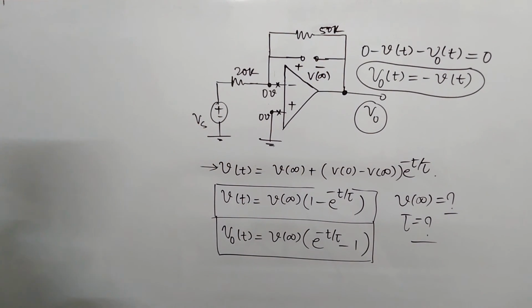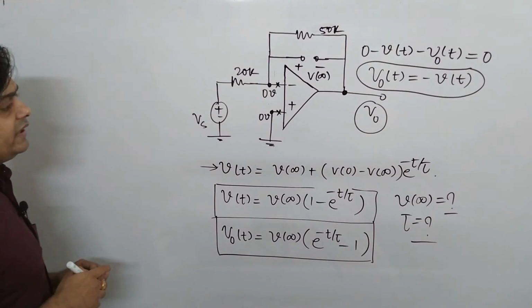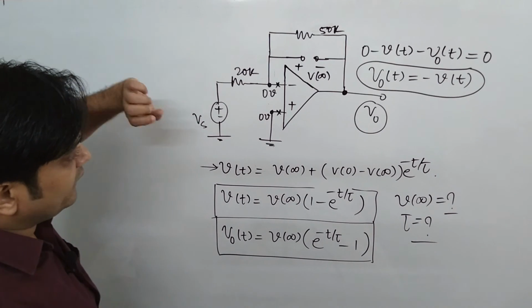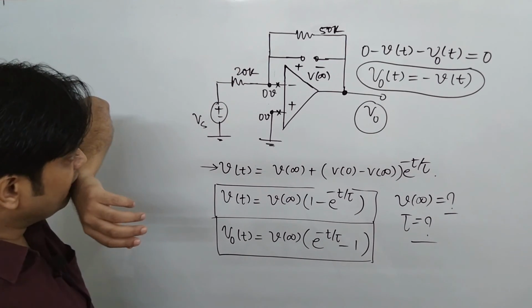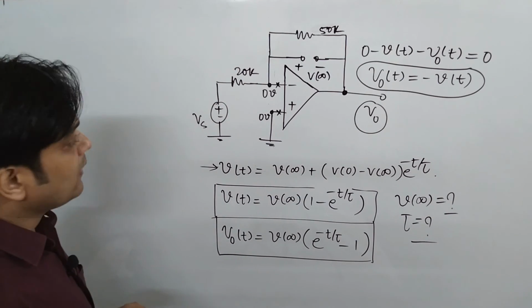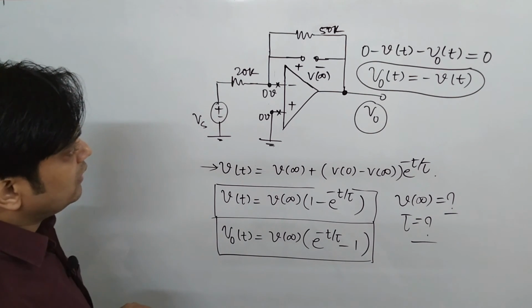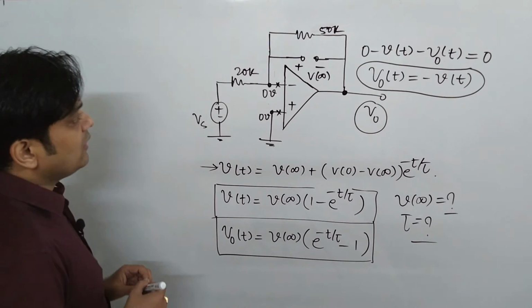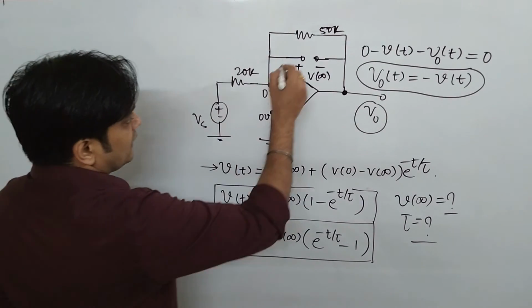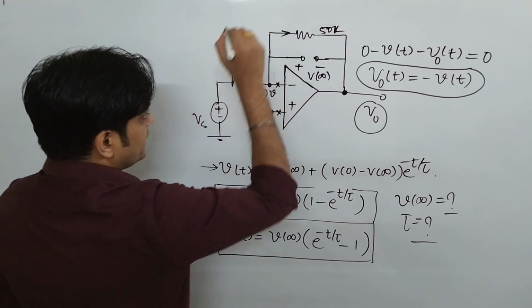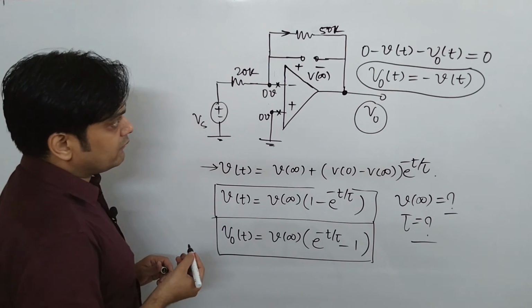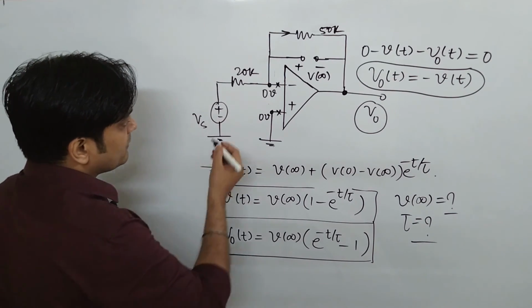This voltage is what? Your V infinite voltage. Very simple. Now if this voltage is V infinite, can you find this voltage? We will try to understand how we'll find this voltage. For finding out this voltage, if I know this current, one can find it. So if somehow you can find this current, that is also possible.